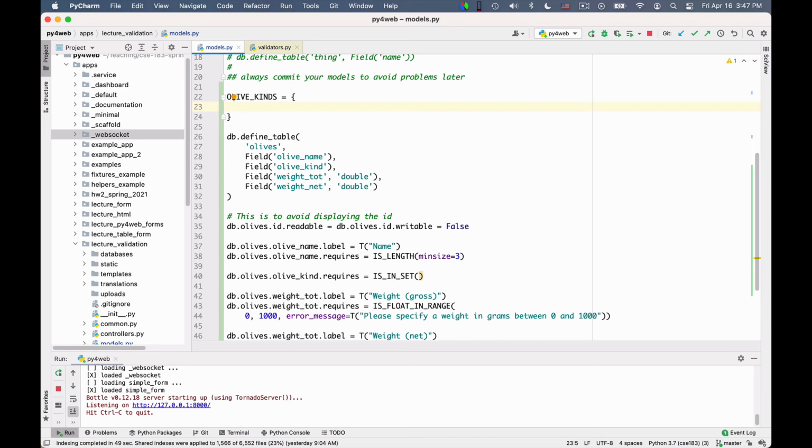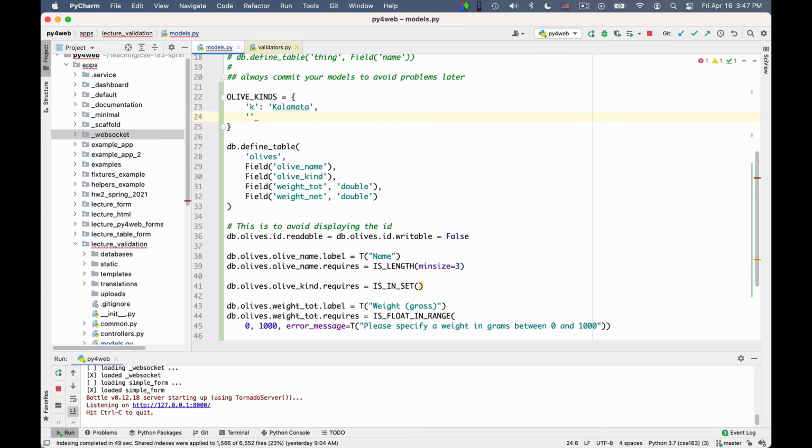So I want to say, for example, that the single string K will stand for Kalamata, and the single string L will stand for Ligurian, two kinds of olives. And so here I can say that this requires is in set of the set that is olive kinds.